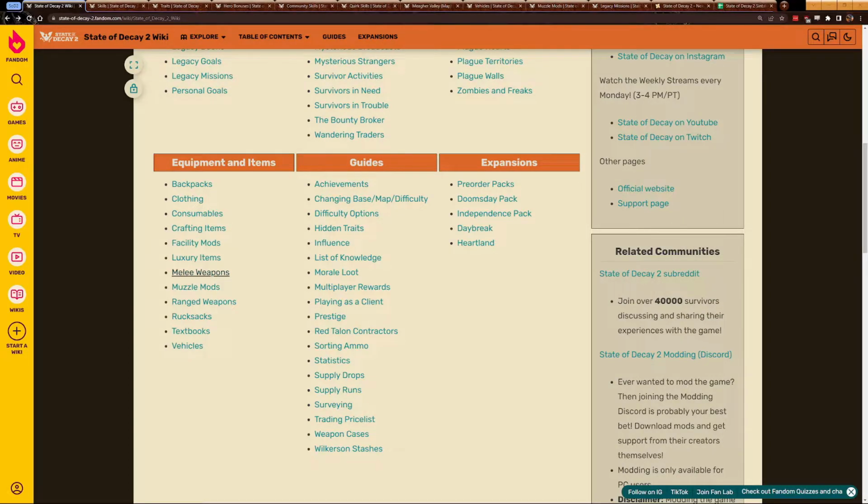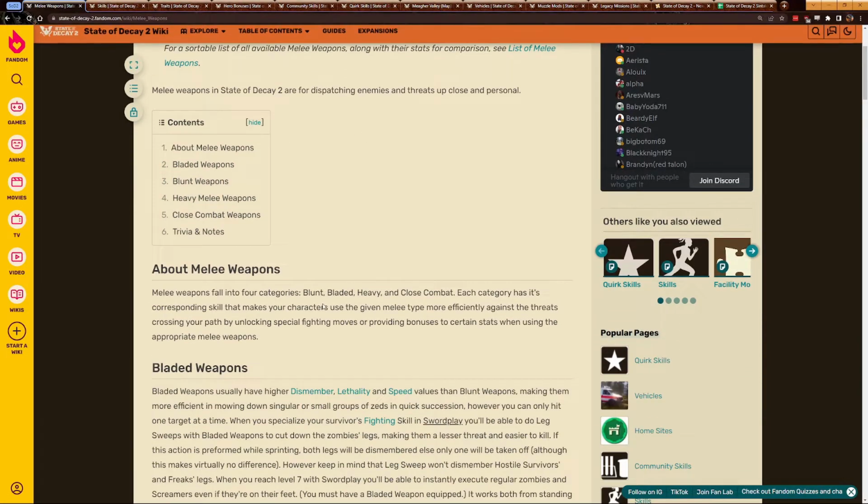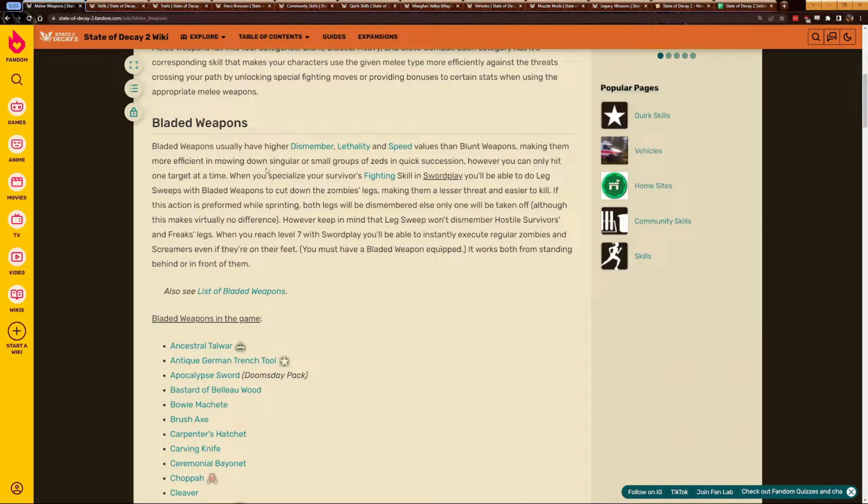So we have the melee weapons. We'll go over them first because I think it's going to include heavy, close combat, bladed weapons, blunt weapons. The bladed weapons are dismembering, lethality, and speed over blunt. That means you dismember the zombie easier. There are some bounties that require you to dismember